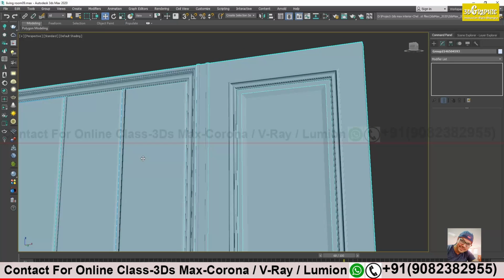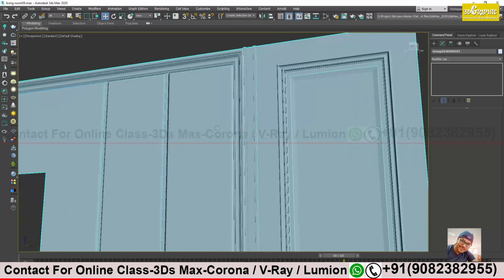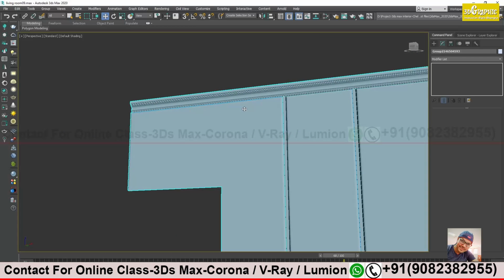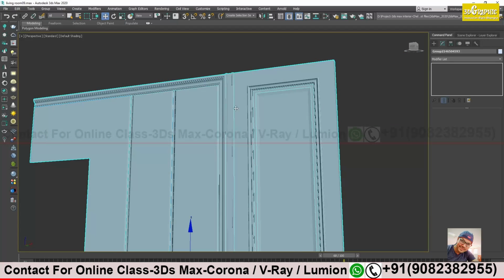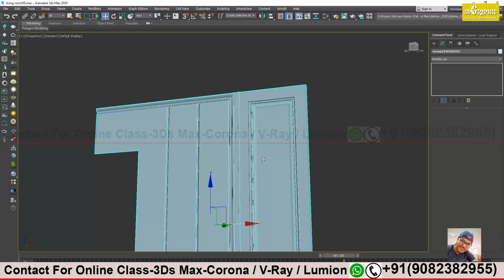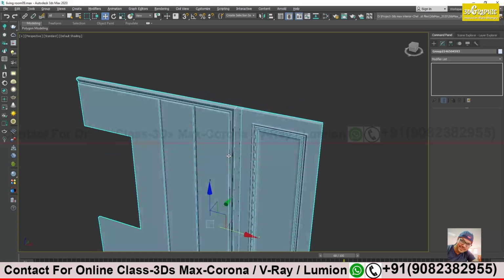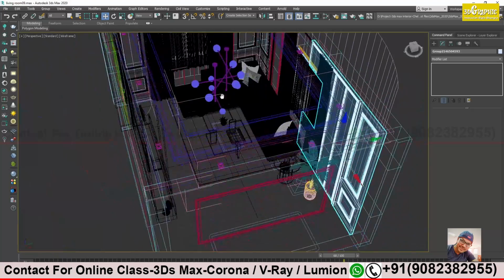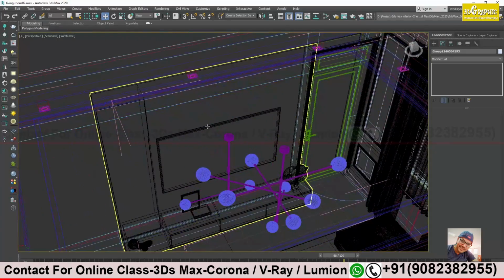You have the reference image with you? Yes, sir, I have it. It has some golden line over here, as you did on the ceiling. I have to apply the same color pattern here, because it will have the same tonality. So you can copy the same material here, all over the place. TV, it's simple.